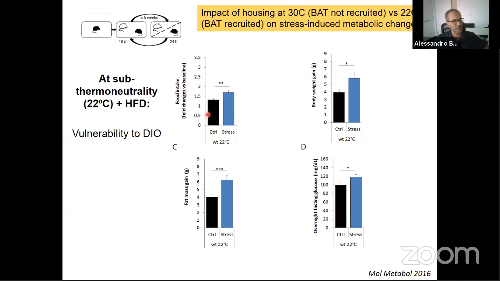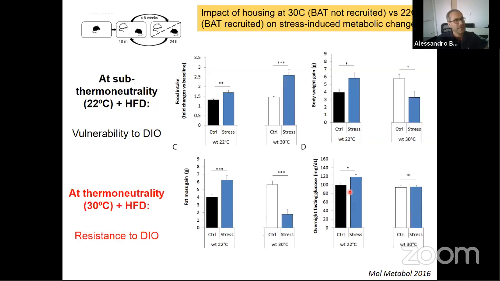Okay, and what happens at room temperature is that the animals become hyperphagic, they gain weight, their fat mass increases, and they become glucose intolerant. Okay, I'm not showing a number of other data. But what happens when you do the exact same experiment at thermoneutrality? Behaviorally, the neuroendocrine responses are all virtually identical. The animals are still hyperphagic. The absolute level is actually much lower because animals are at thermoneutrality, but they are still becoming hyperphagic. But yet they resist obesity, they don't increase fat mass, and they remain euglycemic.